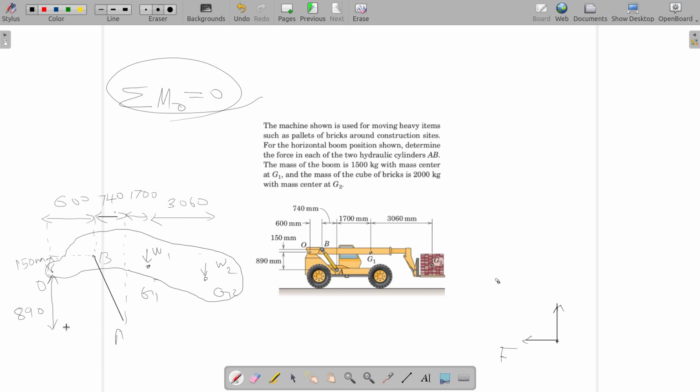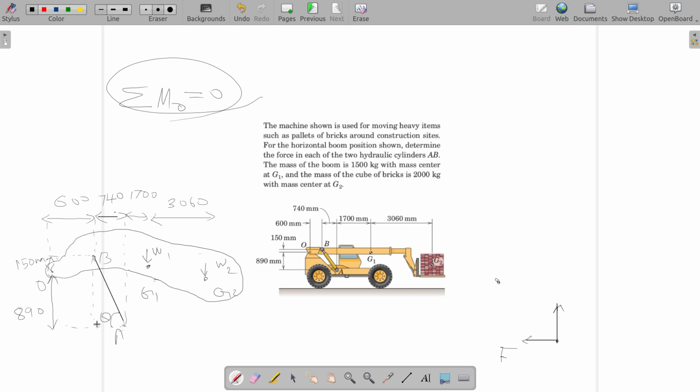Otherwise it will be a problem. It won't be a problem, but I think the easiest way will be to calculate this theta here, and that theta is given here because this distance you already know, that is 890 plus 150. The vertical distance from A to B is 890 plus 150,